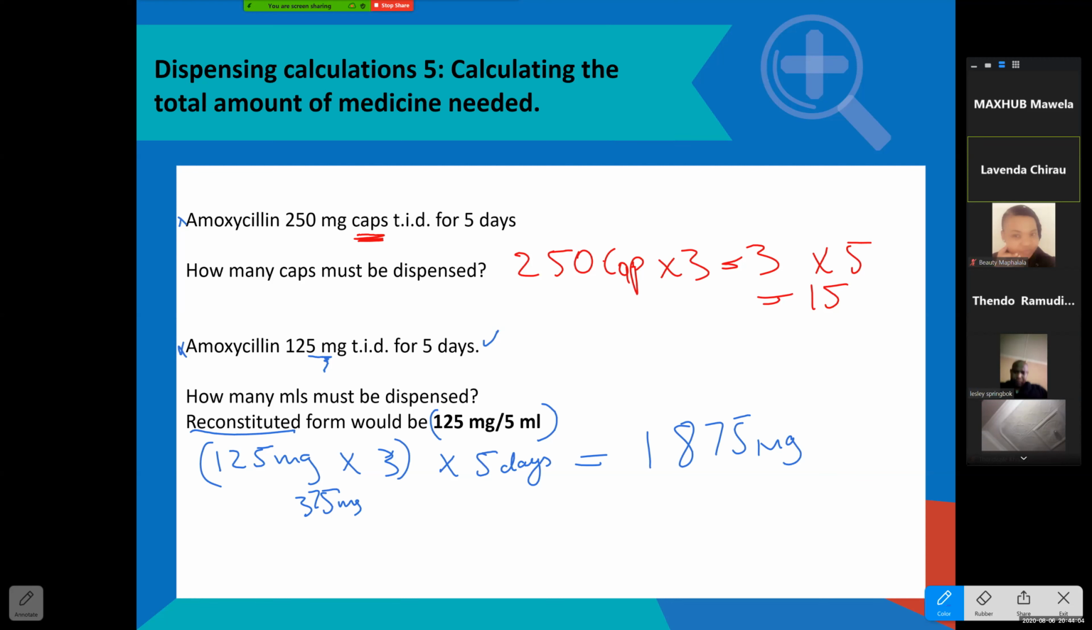Yes. But our answer must be in mils, right? And they've given us the conversion. Remember I said to convert from something, you need to know the relationship. So they've given us the relationship. The relationship is for every 5 mils, right? There is